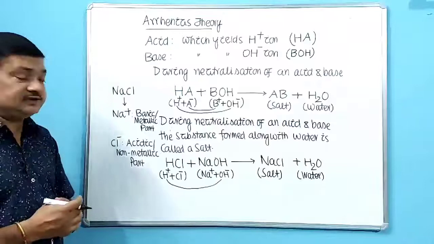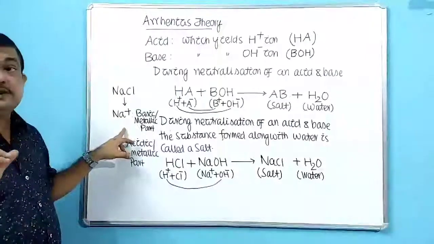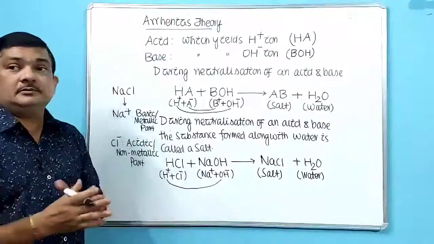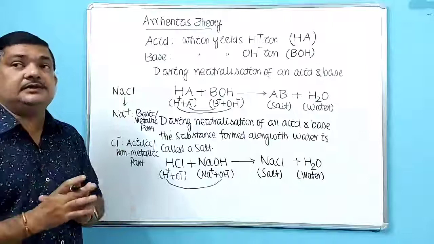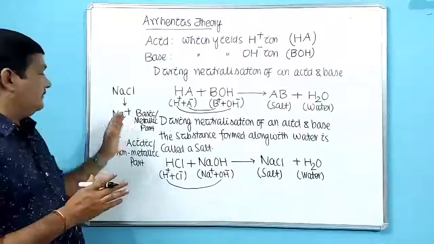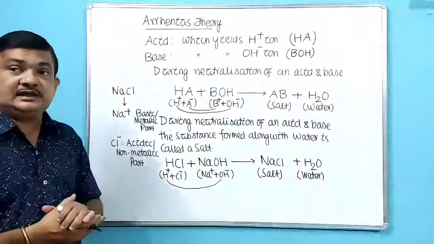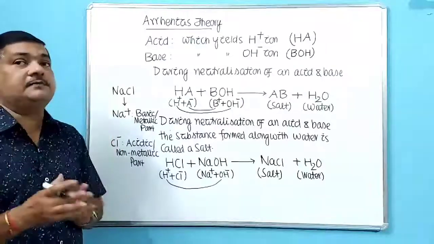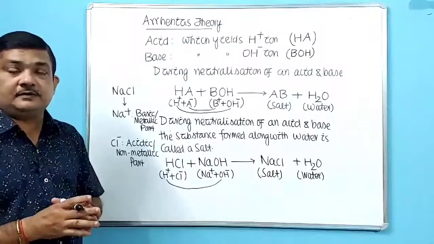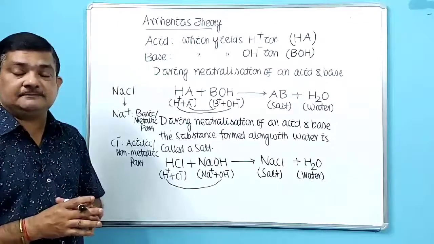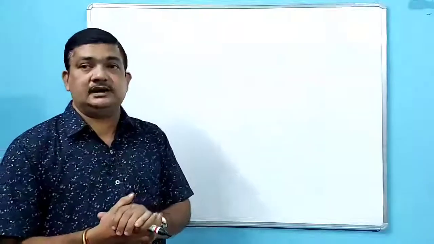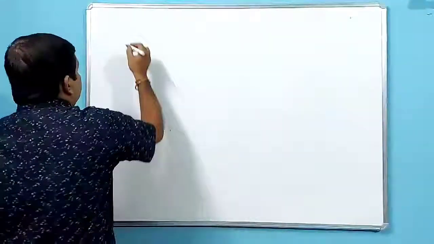And to find out the equivalent mass of a salt, we need to find out what is the metallic part present in the salt, the positive part present in the salt. So we have to find out its valency. Then only you can find out the equivalent mass of a salt. We have to remember its valency. So next, students, we will find out the formula to calculate equivalent mass of a salt.